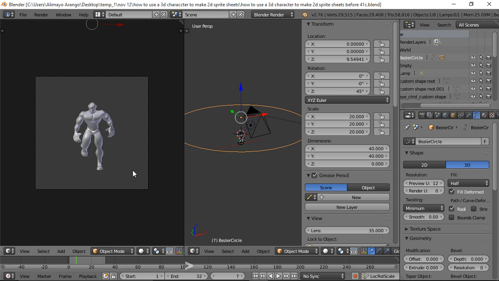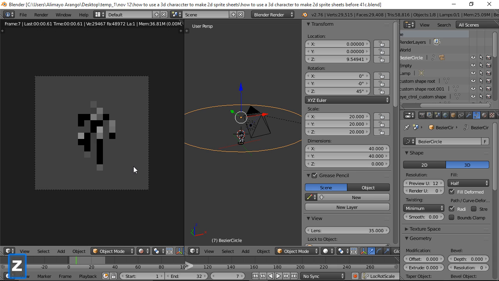Okay, what we want to do now is hover our mouse over here. I'm going to press and hold Shift Z, and the reason why I did that was so we can take a look at our character to see how it's going to look for when it's rendered out. That's what Shift Z does. It takes you into rendered mode. I don't like how heavily the character is shadowed, and it's like this because I didn't set up a